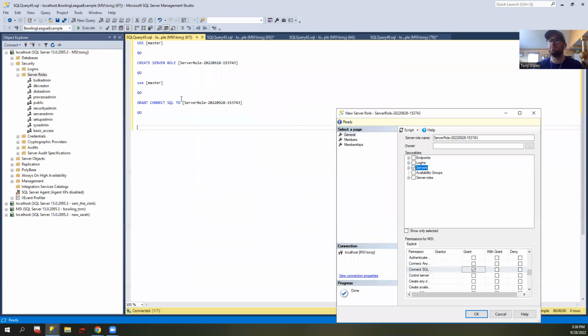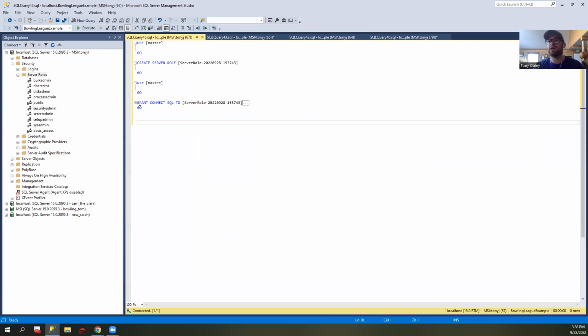If we look at this in script, it says use the master server, create server role, which we'd probably name differently, and we grant the connect. We could add tons more grants here if we want. We could copy paste and add grant view SQL. We could do a lot of things here, just list it all. But in this case, once that role is created,